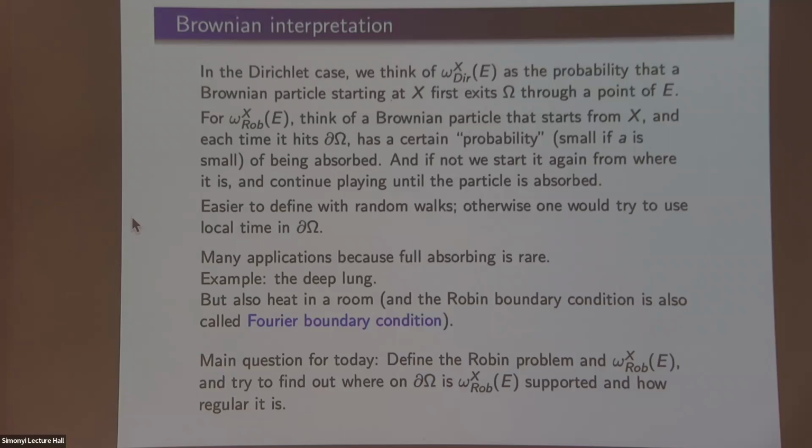Doing a random walk would be a way to really assign a probability of being absorbed each time I hit, and otherwise I continue my random walk. And then you discretize the domain, and you let the discretization go to zero. Yeah, but it would be complicated too. As usual, we like to say things about harmonic measure and Brownian motions, and whenever we prove theorems, we actually prove theorems with analysis and functions, and harmonic barriers, right? But it gives you an idea, again,